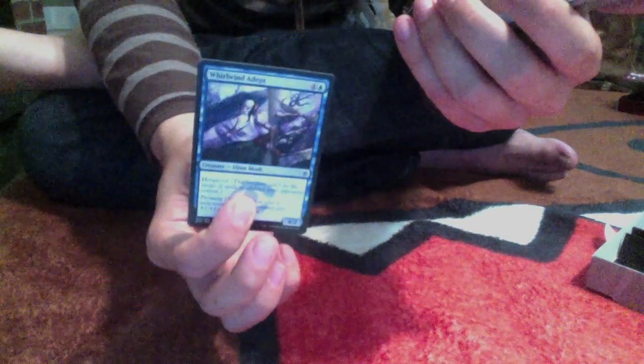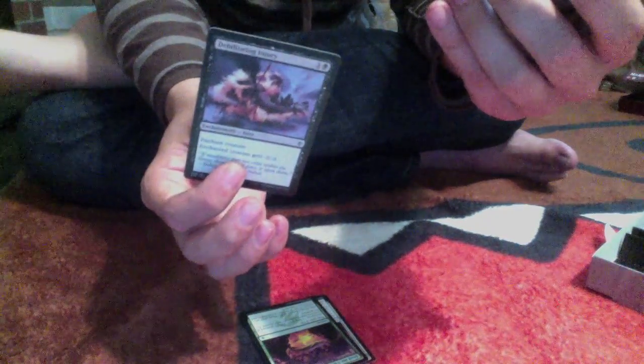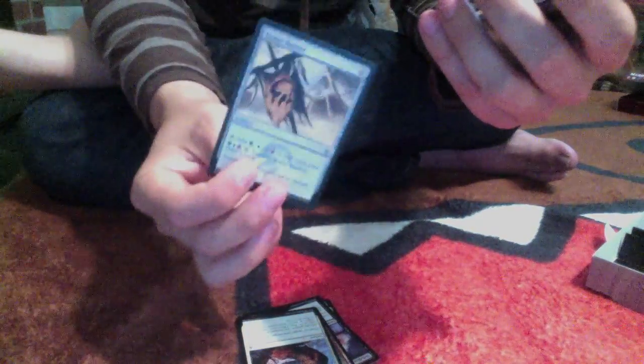Start off with a Whirlwind Adept, Shatter, Einok Bonkin, which might be good for us, Feed the Clan, Debilitating Injury, Windscarred Crag, another Kill Shot, a Teamer Banner, we have a Force Away, Bring Low,